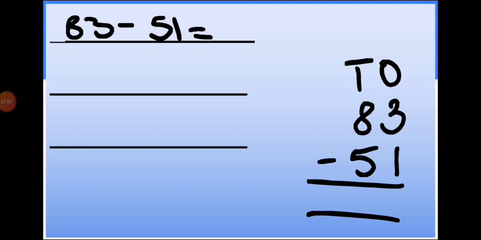And the subtraction rules are always like addition. We always subtract the ones first. So step 1 is subtract the ones. So 3 cut 1. You can count back from 3 or you can count on from 1 till 3. So I am counting back. 3 in my mind, now counting 1 back. 3, 2. The answer is 2.